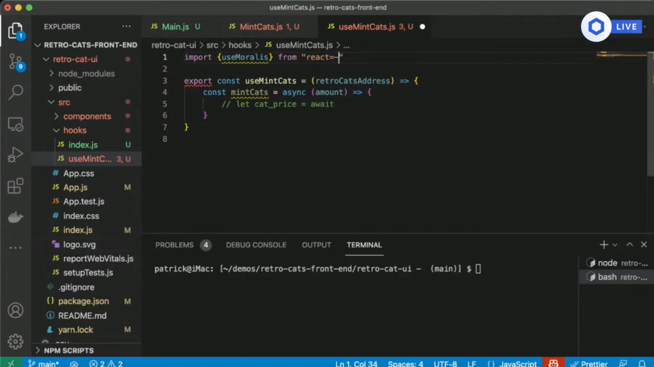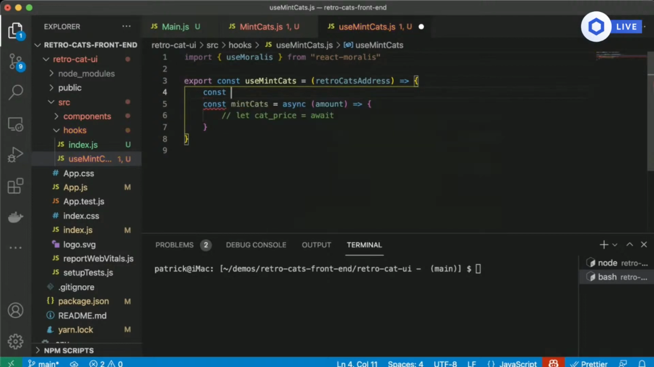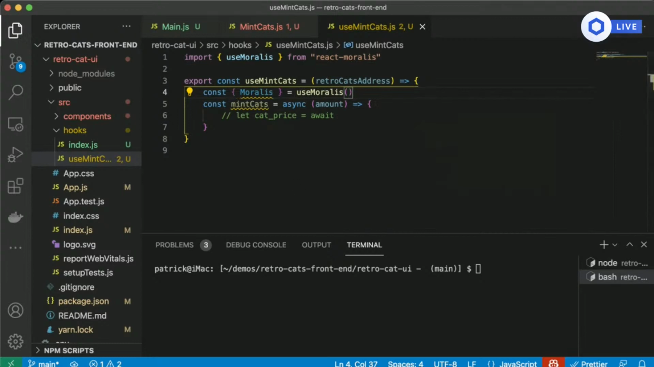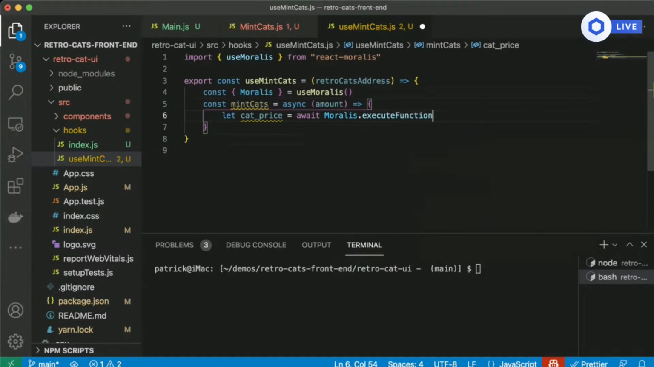from react-moralis, and now in our useMintCats, we're gonna say const Moralis equals useMoralis. And we're going to uncomment this now. We're going to say let catPrice equals await Moralis.executeFunction. And this is how we're going to call the function, right? So our